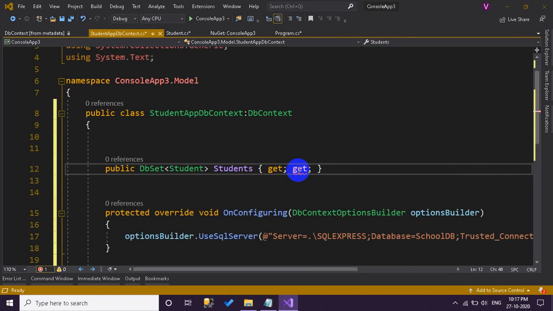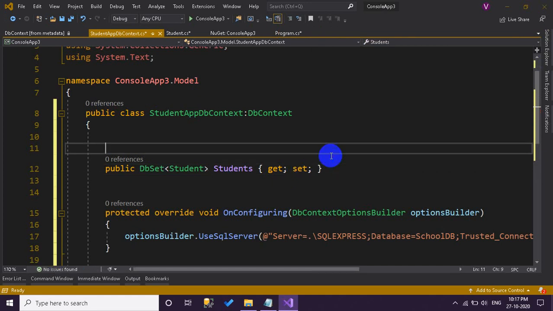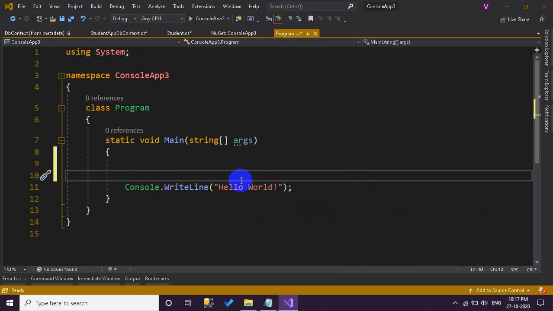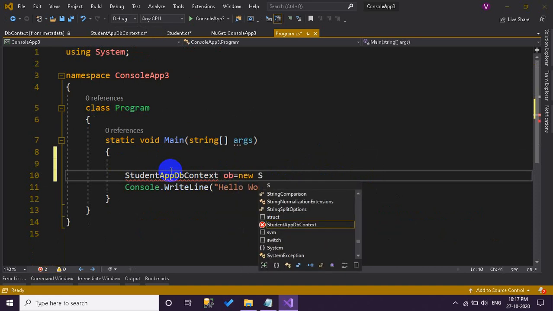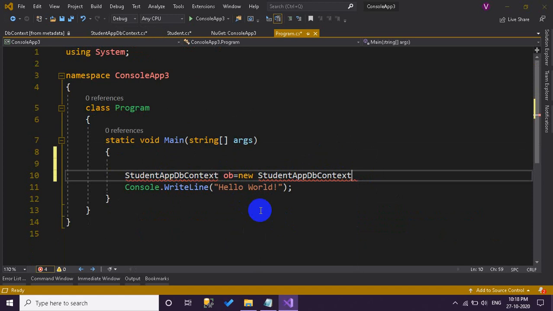I have mistakenly written get two times. It is set. It is basically the getter and setter, the properties. And we can create the object here, for example, ob is equal to new StudentDbContext.